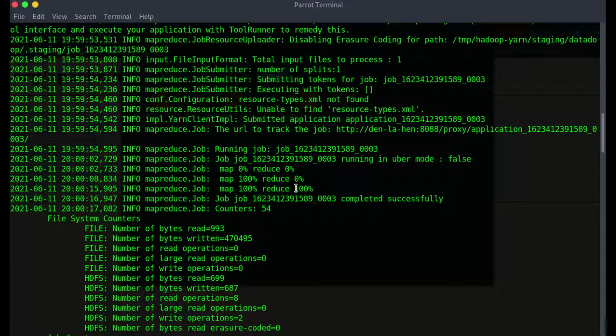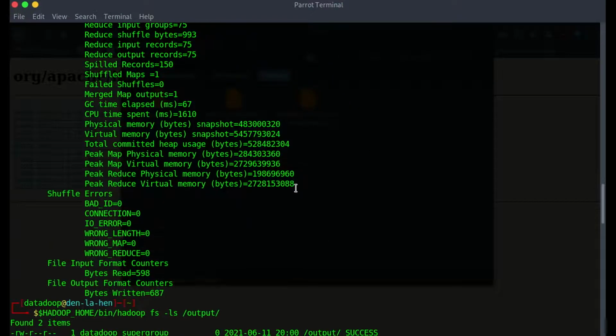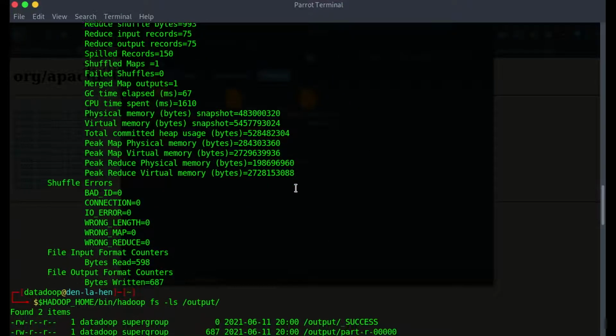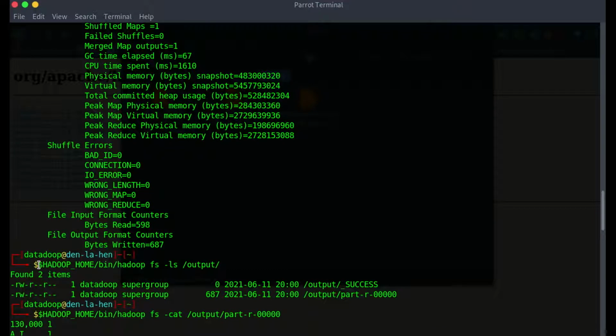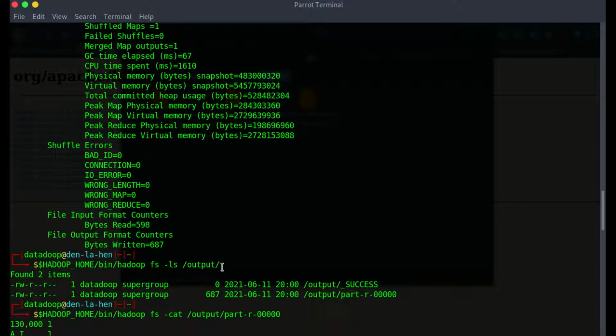For huge jobs, what developers do is they have separate Java files for mappers and reducers, okay, so that identifying and rectifying errors will be of ease. So if you see all that 100% up there, you can directly check the output, okay. So this is the command to do that. $HADOOP_HOME/bin/hadoop fs -ls, that's you list the files that have been created in this output directory in the HDFS file system. So we have two files here.